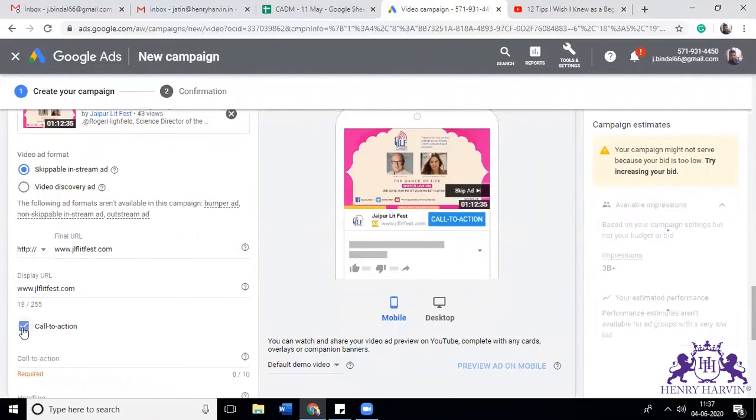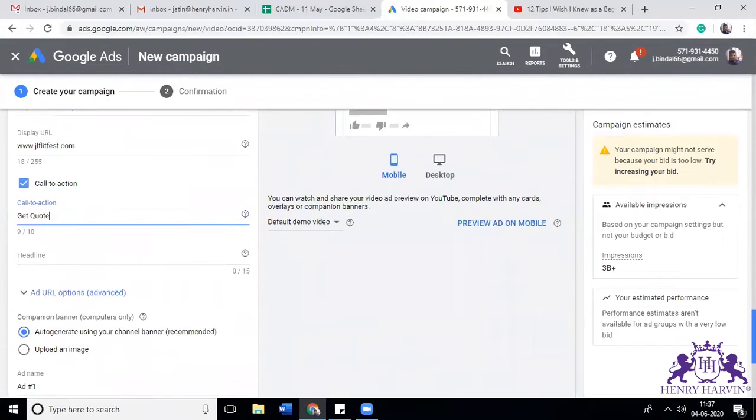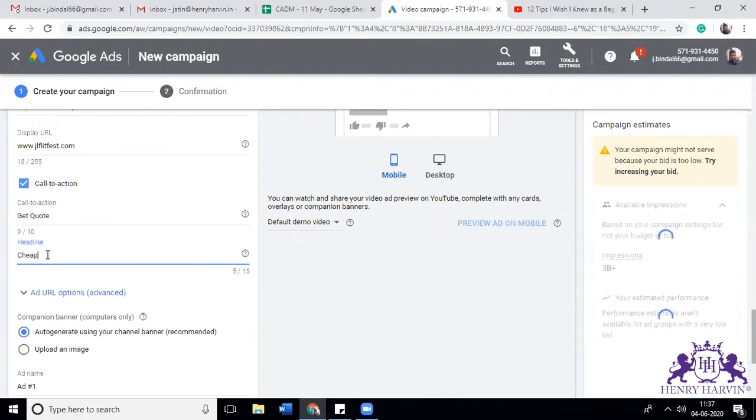You can define a call to action, let's say, get quote, whatever your ad is about. You can define your CTA according to that, and it should be under 10 characters. Cheapest home loan, let's continue that example.